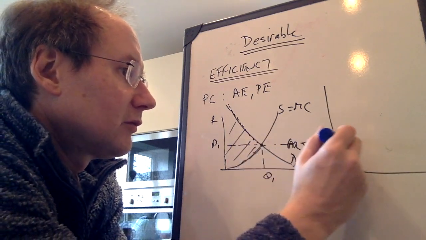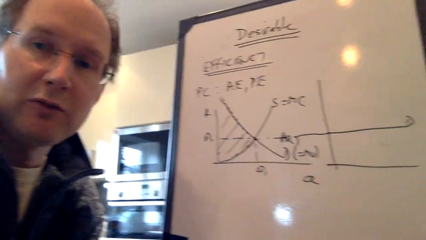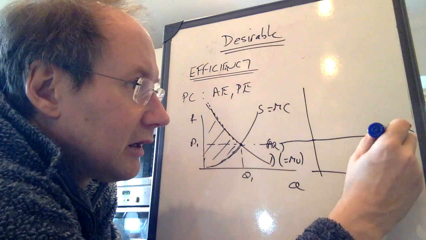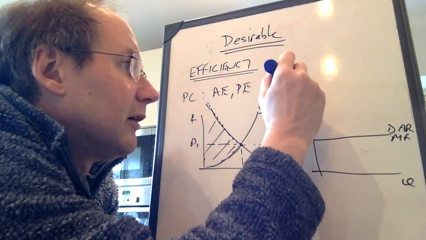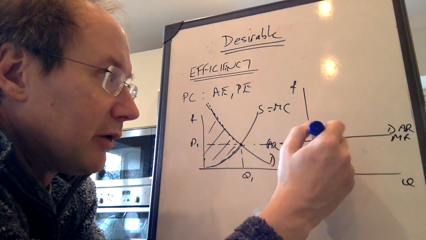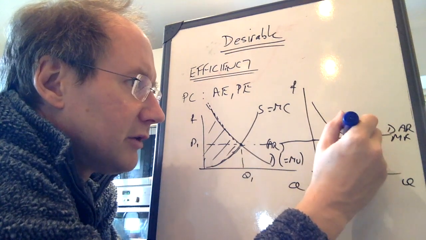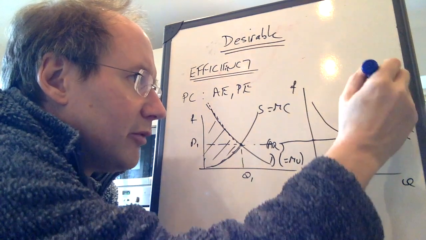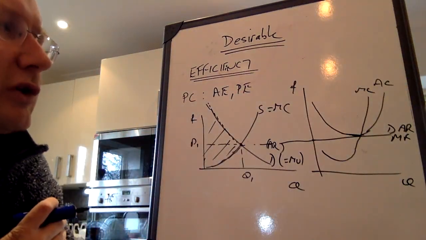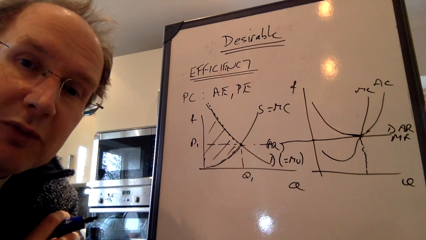For the firm, likewise, in long run equilibrium, that's D, which is the average revenue that it gets, and it's also the extra revenue the firm gets, because it can sell each unit for the same price, and if it increases price, demand falls to zero. We know that in long run equilibrium, price has been driven down to the minimum point of the average cost curve, because that's the only way that firms can survive in such a competitive market structure. Therefore, the firm in the long run should be productively efficient.